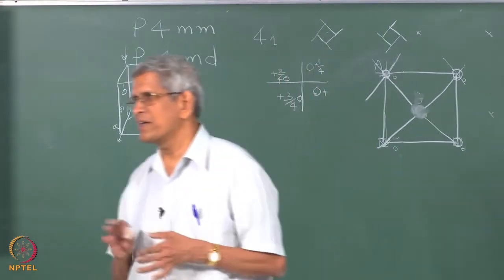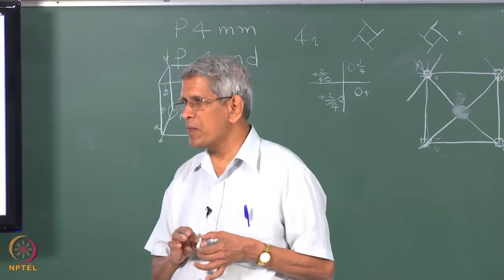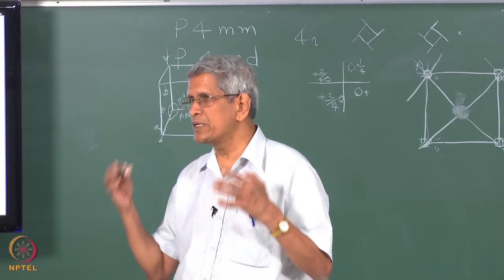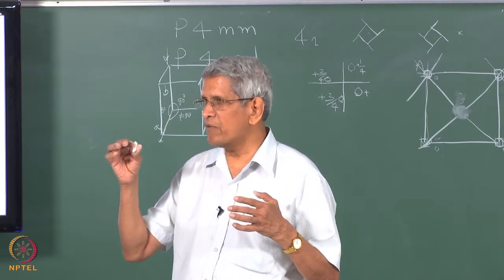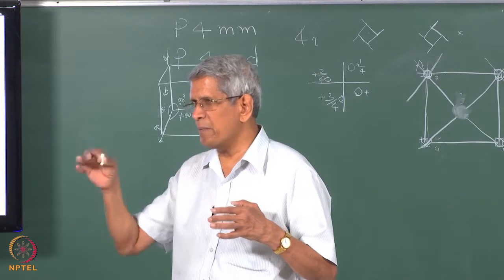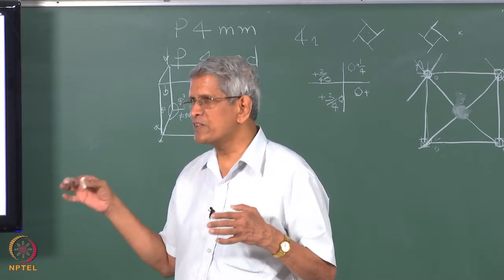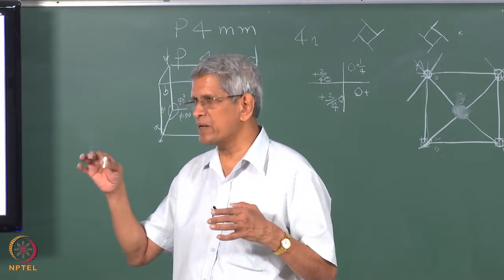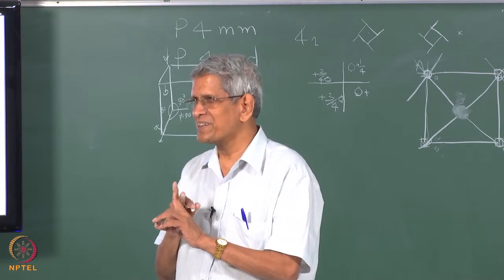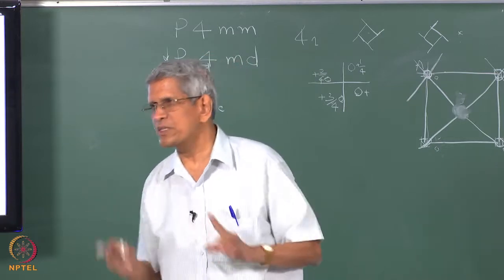Now they have changed. The rotation axis and the mirror axis are still the same. No, how do you define symmetry? Symmetry is defined by whether we have an identical position where it goes. So if you put the same atom, the positions are changing. If you put a different atom, still the identical position. That's how you have to look at symmetry from the definition. That's how the symmetry changes. Is it clear?